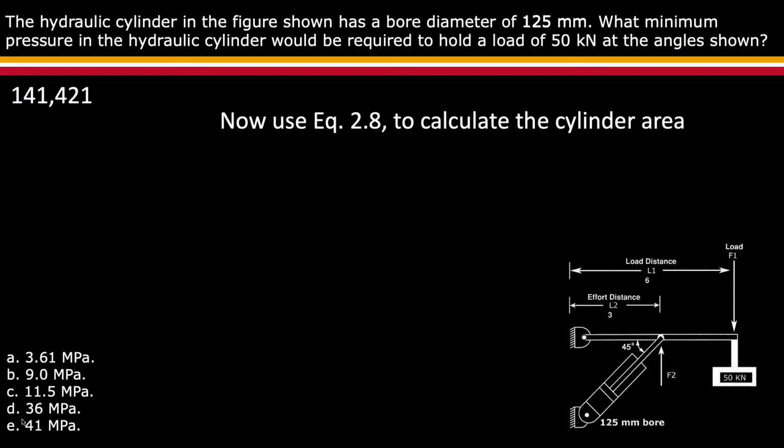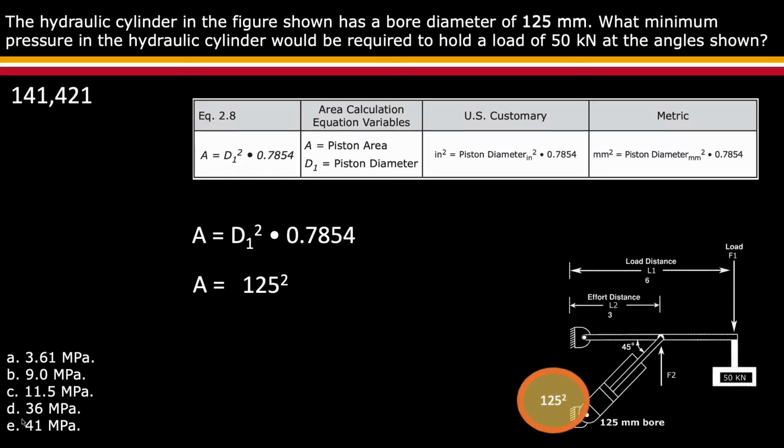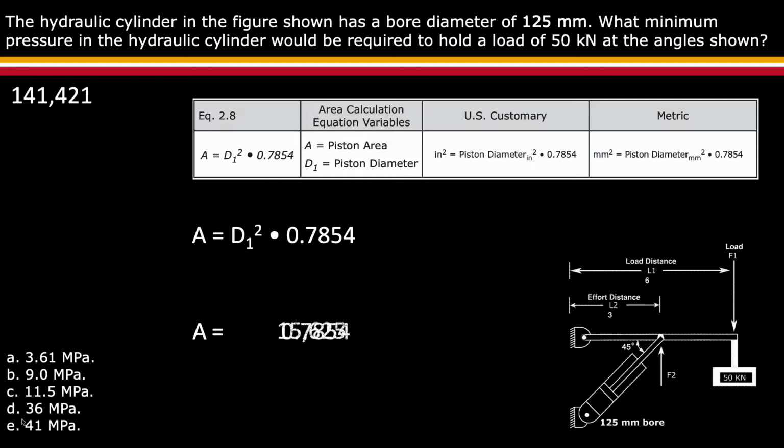141,421 newtons. Next is to determine the cylinder area using equation 2.8. The question provides the bore diameter of 125 millimeters. Plugging that number into the equation, 125 millimeters squared, which when calculated equals 15,625, times the constant of 0.7854, gives an area of